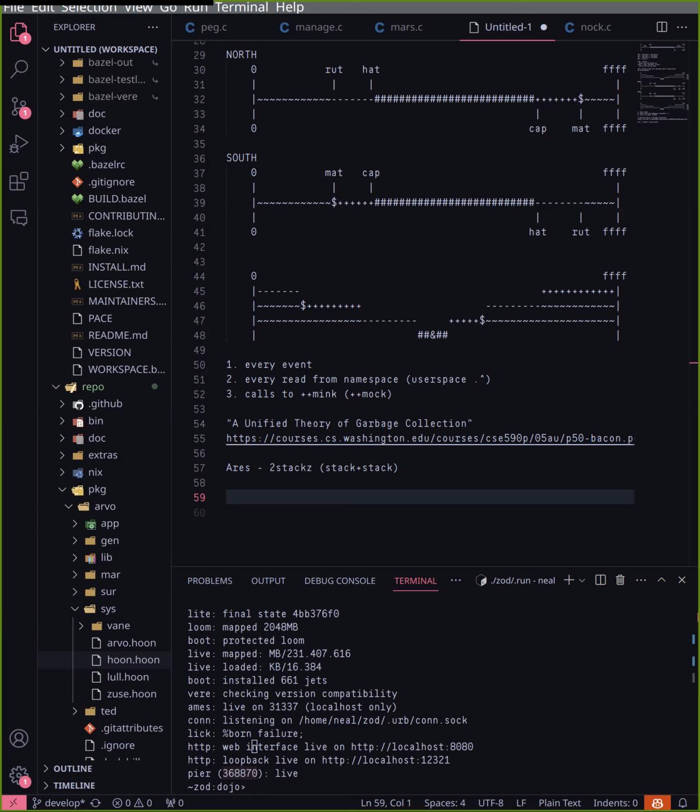So that's one piece of it, right? Aries is using two stacks for that, and they're working on a bytecode. But then there's also a persistence question, because it has to do these snapshots, and Vere has a very particular approach for doing snapshots where it's all based on the loom, so it's snapshotting the loom,